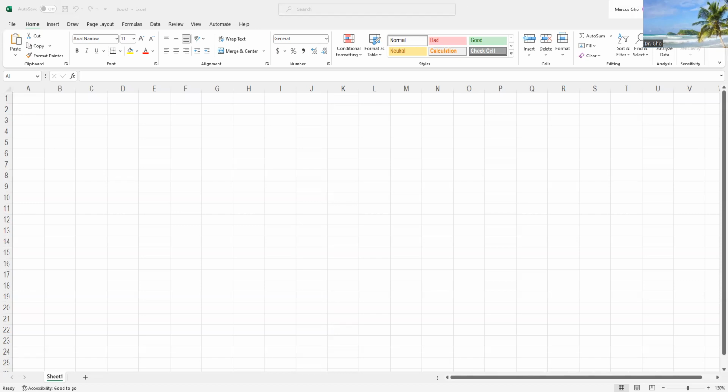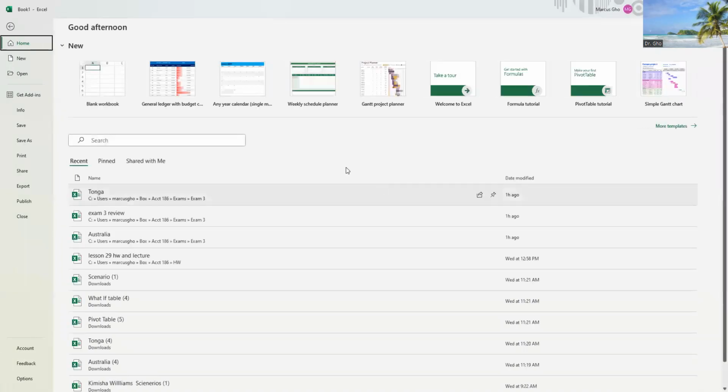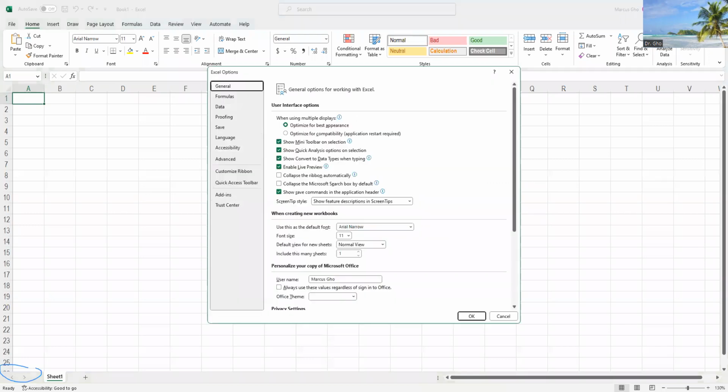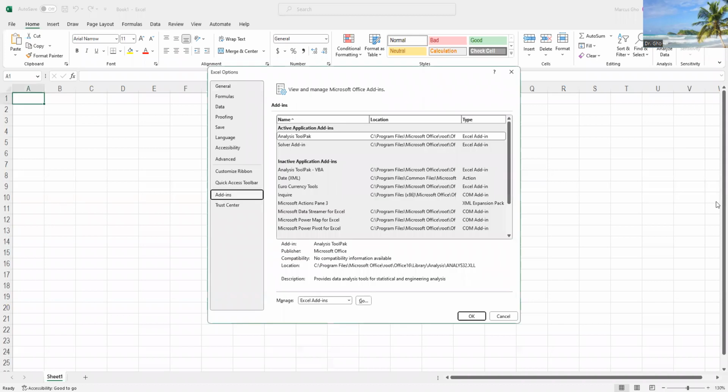If you click on File over here, then near the bottom, you'll see where it says Options. That's what you want to click on. You click on Options, and then this thing will pop up, and you want to come down where it says Add-ins, which is there. Click on Add-ins, and near the bottom, Excel Add-ins Go. We'll want to click on that,